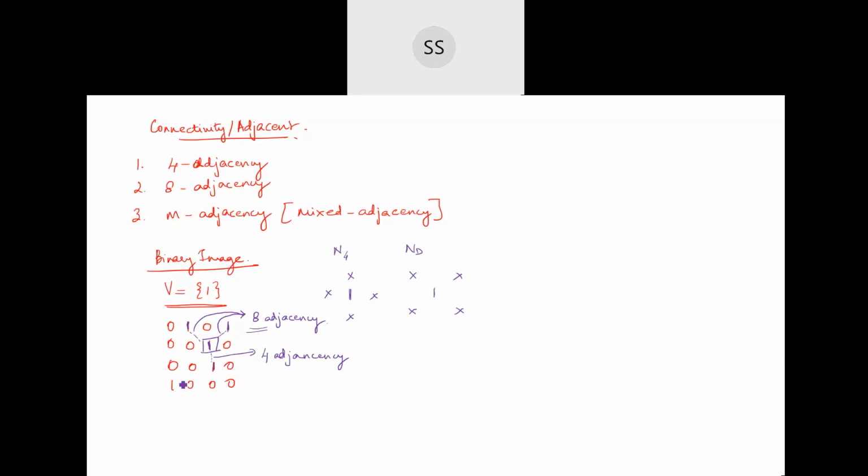Now imagine this particular pixel which has a value 1, because V is only looking at pixels having this particular value in the set, that is 1. What is around it? It is all zeros, isn't it? So it is not connected to the ones in the remaining part of your image. This pixel is said to be not connected.